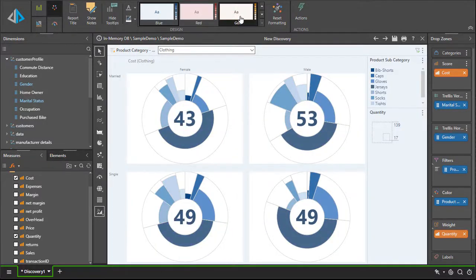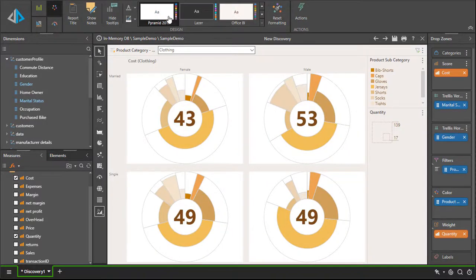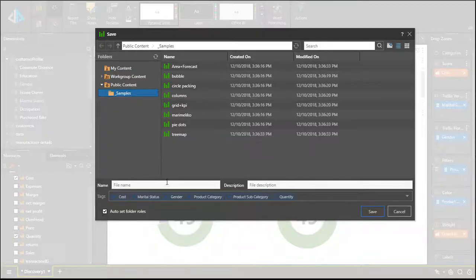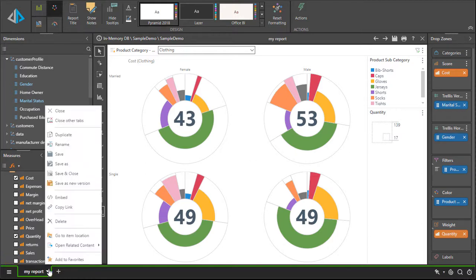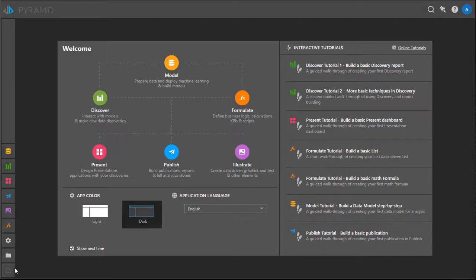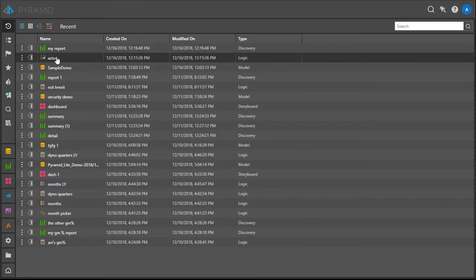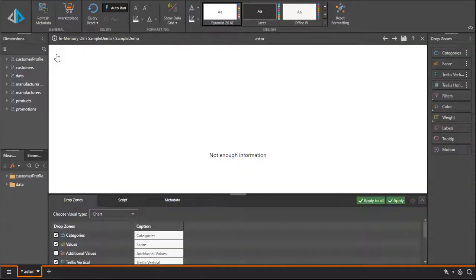Once this is done, and I like what I see, as an end user, I simply hit the save button, call it my report. It happens to use an Aster plot, and from that perspective, I don't really care how it works. What's impressive is that later on, as a developer, if I decide that I want to edit the Aster plot so that I change the way it works, I can open up the file again, look at the code,